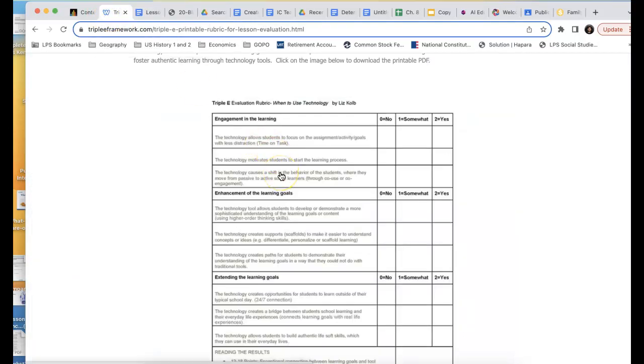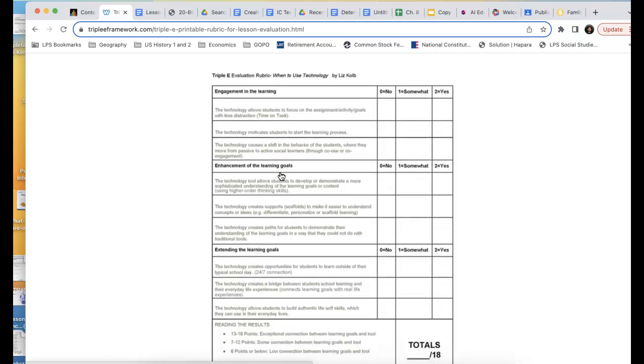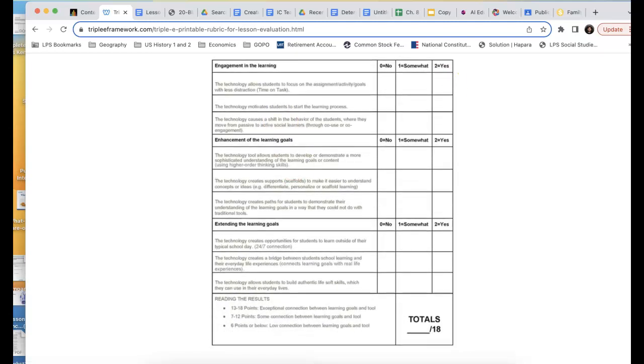I pulled up the EEE evaluation rubric by Liz Kolb. I'm going to go ahead and get my drawing tool open here, working on limited space, so it's kind of cramped. All right, there we go. So really, I'm just going to focus, for the most part, on Dollar Street. I'm not really going to focus a whole lot on the CIA World Factbook. I think that tool's a little more familiar to individuals. I can talk about that a little bit, but I really want to focus on the Dollar Street one. I think that one might be a little newer, so I want to focus on talking about that when I'm